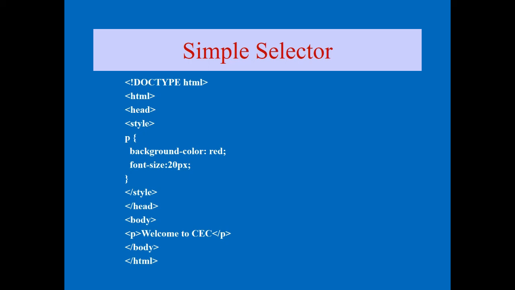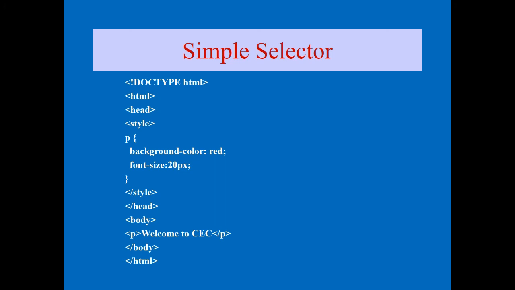Then you see, I did not call any class, ID or other attributes, or contextual selectors. I wrote only P, welcome to the CSS, close the P. So what happened? For this P element, I set the properties inside the CSS. So whenever I write the P, the impact will come: font size will be 20px, and the background color will be changed. This kind of selector is called the simple selector, and this is a very popular one. So keep this point in your mind. It is very useful whenever you are creating any web page.